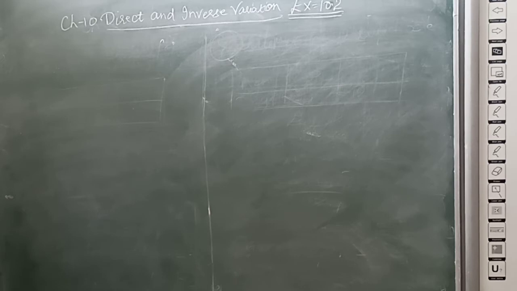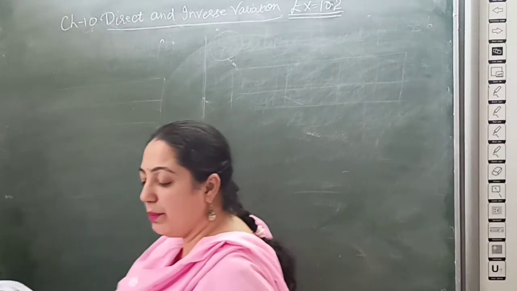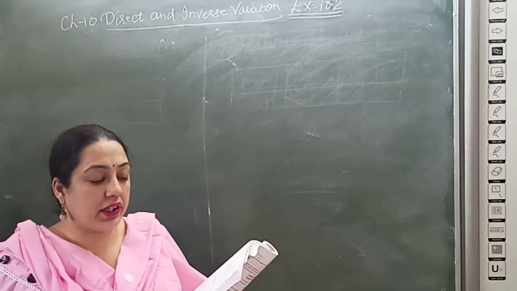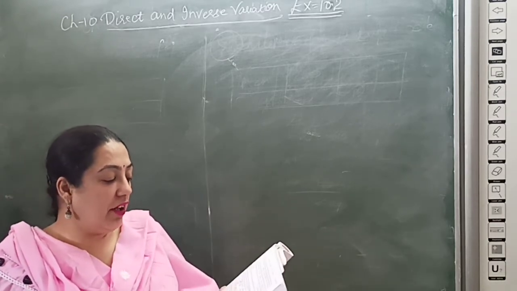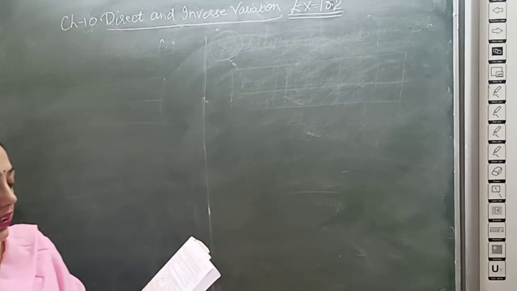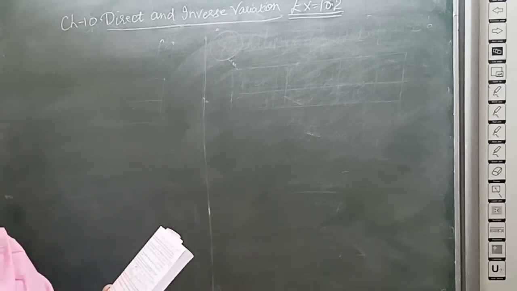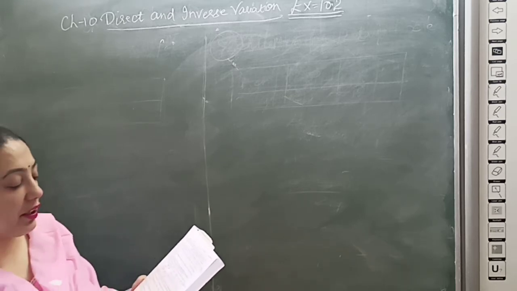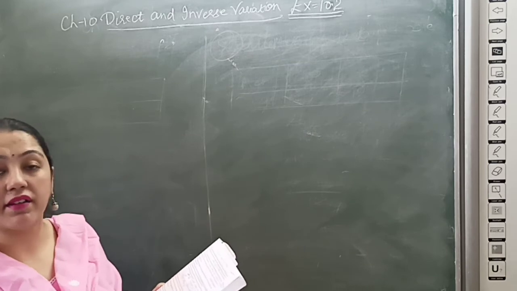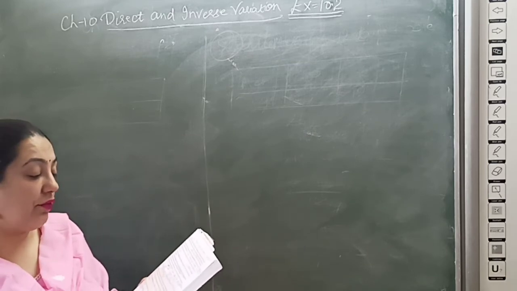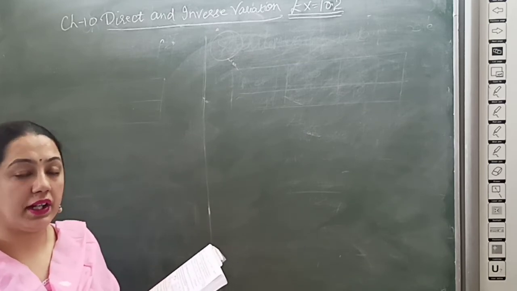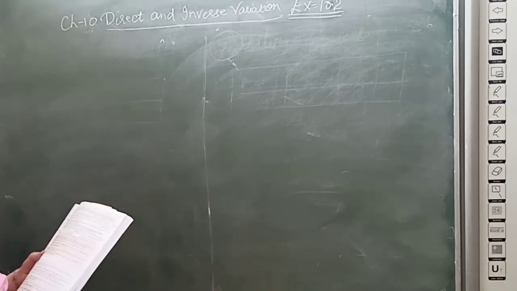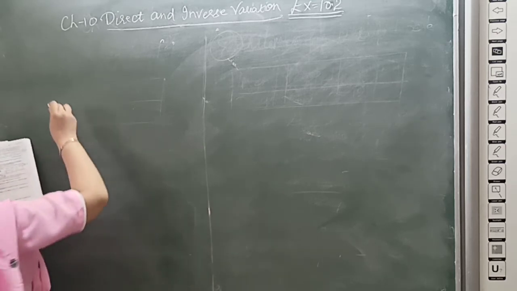Sum number 11 is a school has 9 periods a day, each of 40 minutes duration. What would be the duration of each period if the school has 8 periods a day, assuming that number of school hours remain the same? Beta, first of all, the duration of each period is 40 minutes when there are 9 periods. But if there are less periods, that is 8 periods, it means duration, that is its time, will be more. So this variation is also inverse variation.